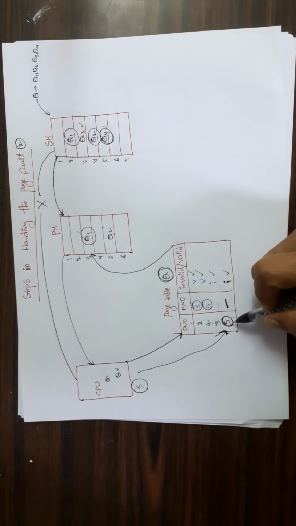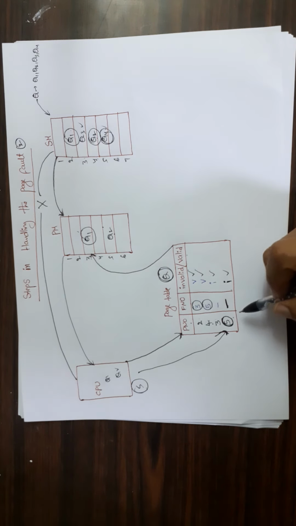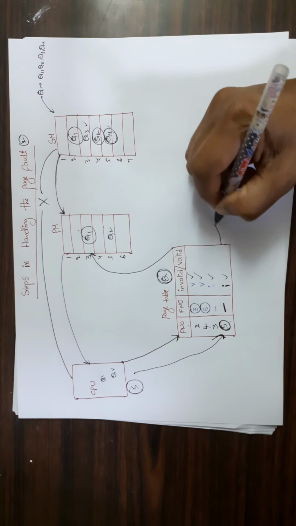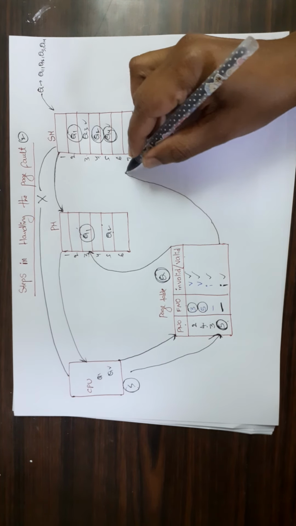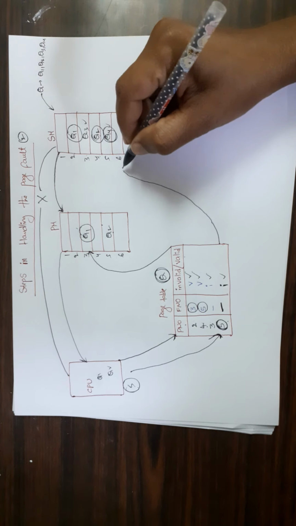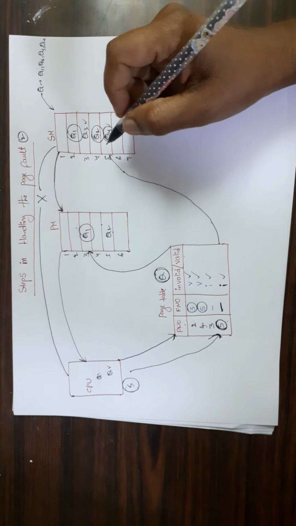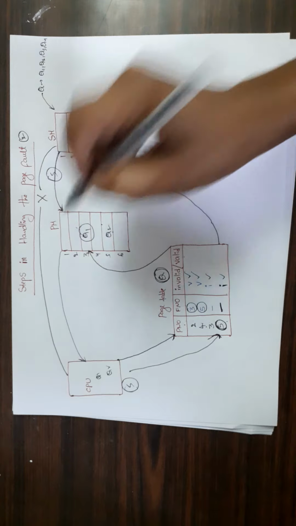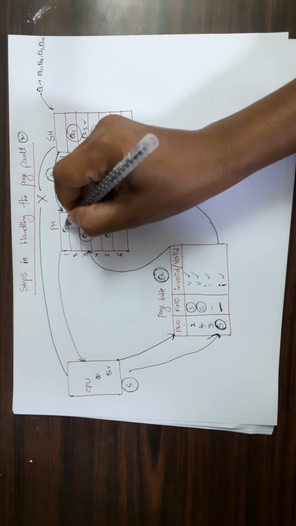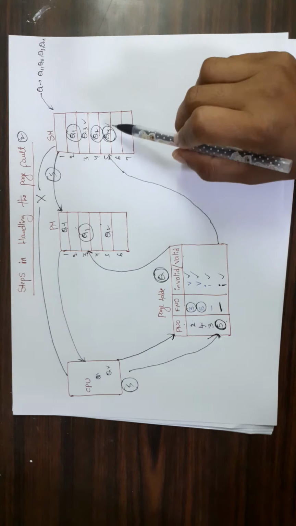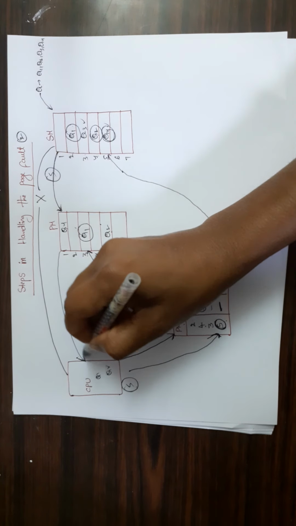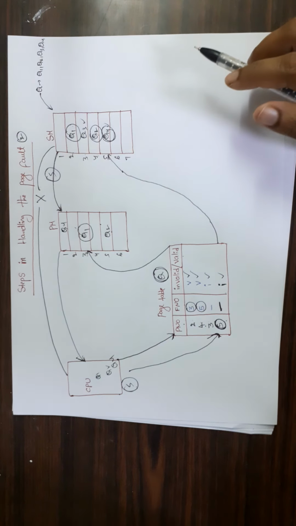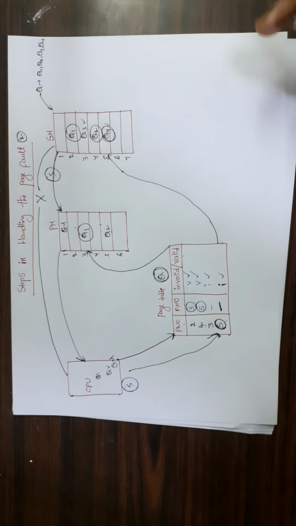So there is no frame number related to the page number. That means this page is not loaded into the primary memory. So now the operating system will check the secondary memory, find page number 5, and load the page number 5 data into the primary memory. Page number 5 data is Q4, right? It loads the data Q4 into the primary memory. Now the CPU can access Q4 and can execute the Q4 data.